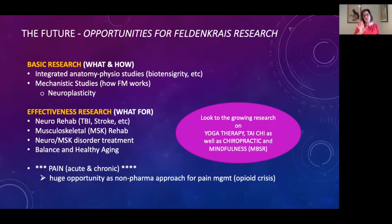The effectiveness research, I'm not going to spend a lot of time on that right now, because I think this is what we hear about and think about and use in our practices, and why people come to us. It's the rehab work, the neuromusculoskeletal rehab work, disorder treatment. But the two really hot areas I want to point out that we also kind of throw in there as,